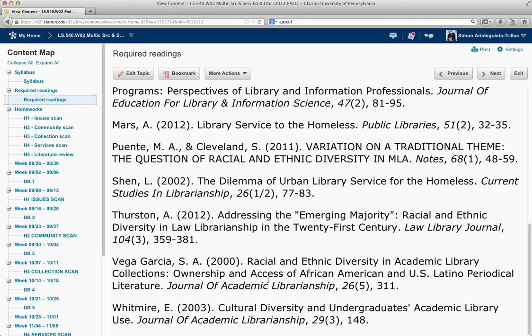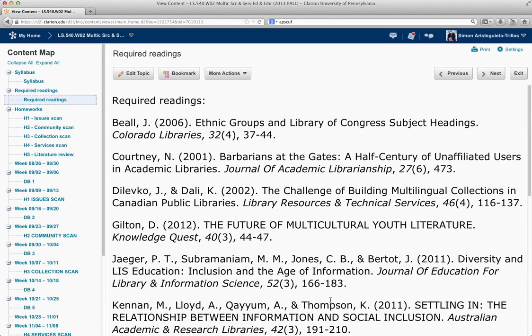Okay, so these are the readings that I am recommending. There are many more, but these are some of the ones that I like. I read probably about 200 articles this summer about diversity and multicultural services and collections, and these are the ones that I decided to include. We could have more, but I think with this and what we have in the textbook, which is a collection of articles too, we will have a very good background, and also with doing the literature review.